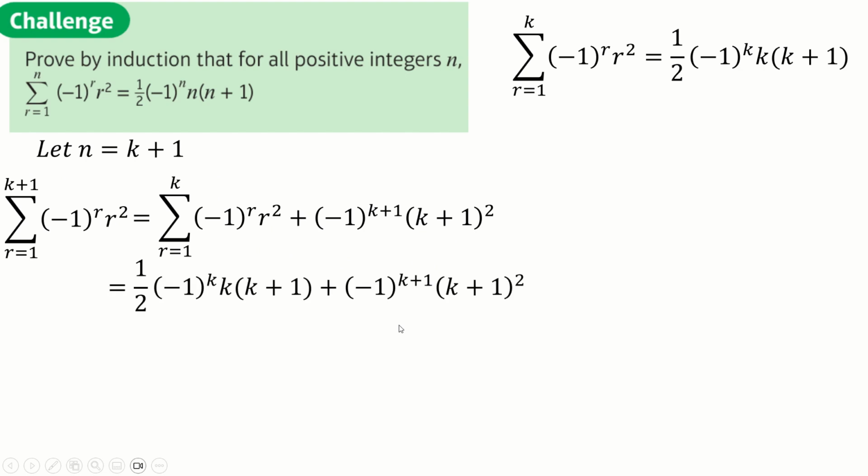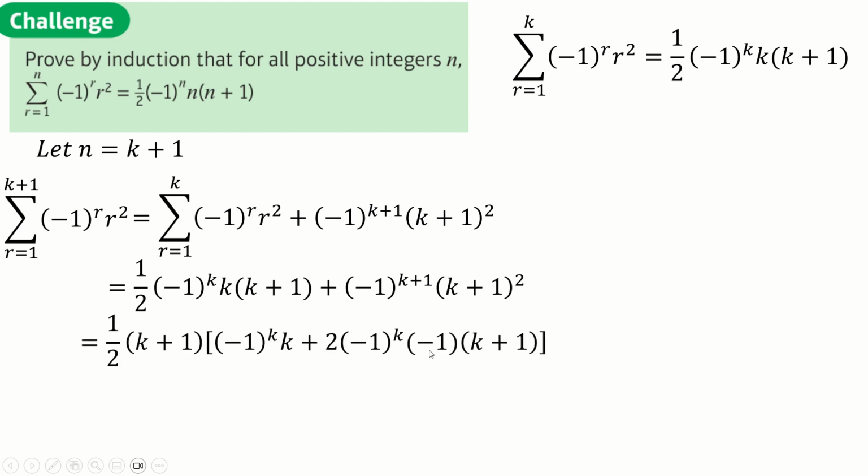And now we can do some clever factorizing stuff here to make this work out, I think. I'm going to factorize out, well, firstly, I can write this as minus 1 to the k times minus 1. And I can also factorize out half, which involves putting a 2 here, because a half times 2 makes the 1 that's here, because there's no number here. And I can also factorize out k plus 1 from this as well. And that's super useful, because now I'm going to factorize out the minus 1 to the k, I believe, and leave behind just a k, and then minus times 2 is minus 2, times this is minus 2k minus 1, minus 2, sorry,